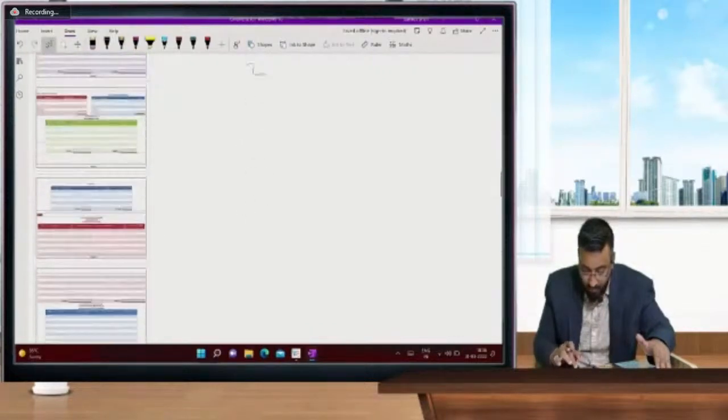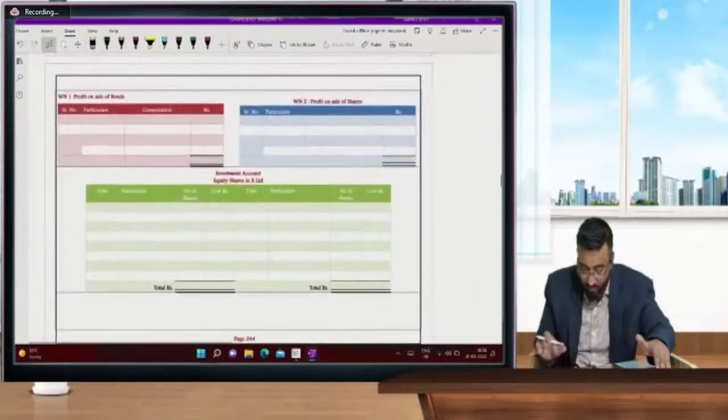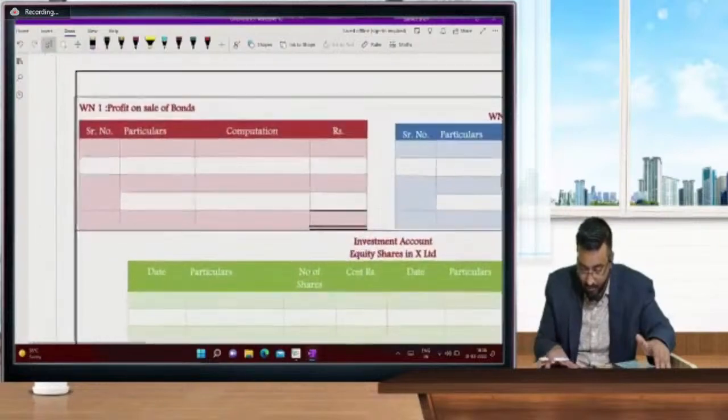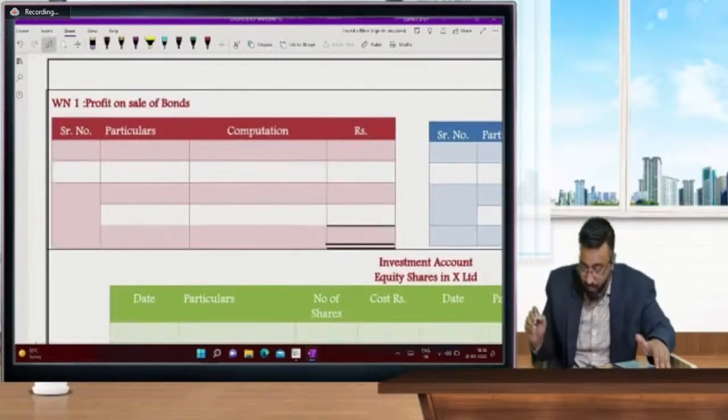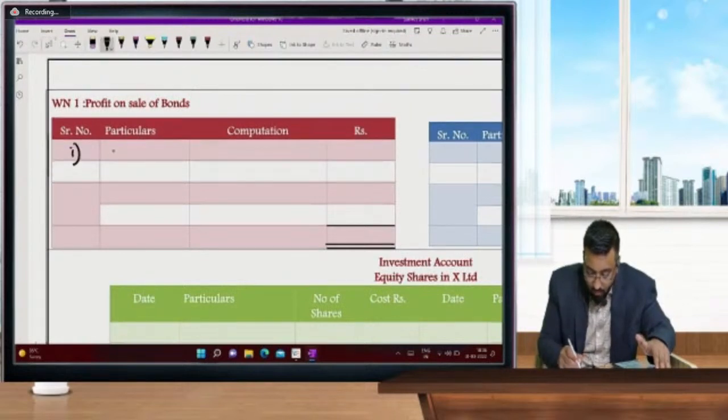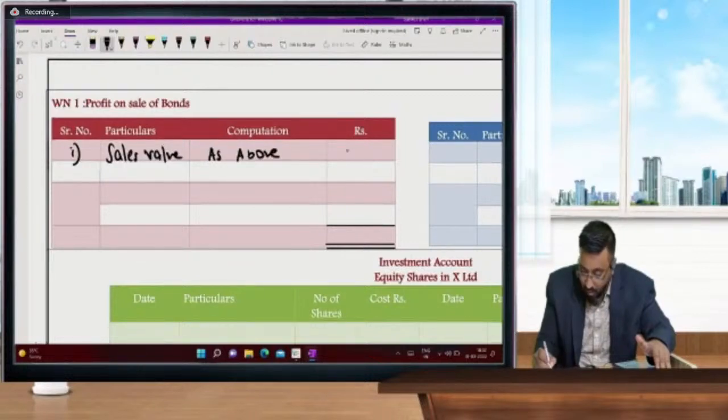Serial number, particulars, computation, rupees. So now tell me, serial number, particulars, computation, rupees. Sales value as above. How much? 2,43,000. Roman 2,